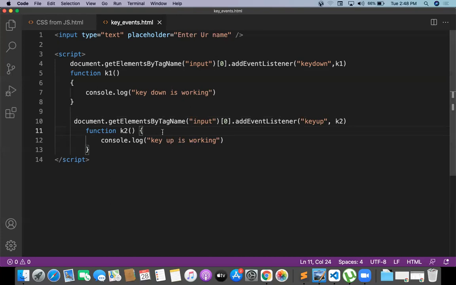So this is a key up event. Okay, let me execute this one.